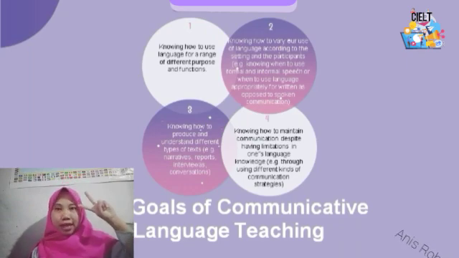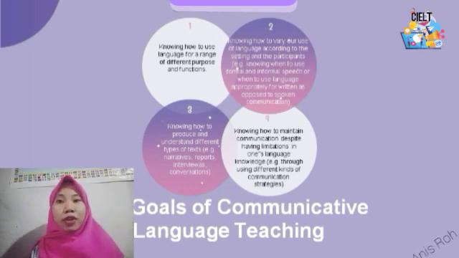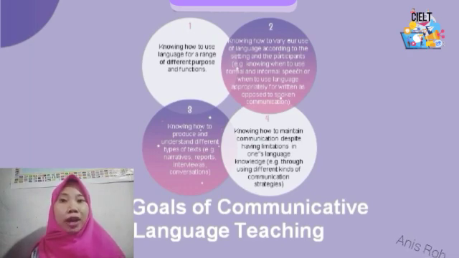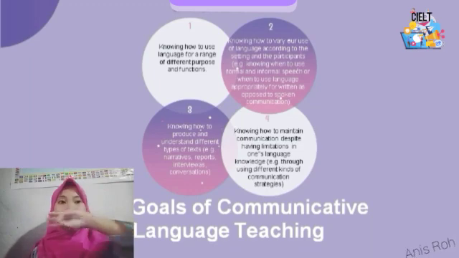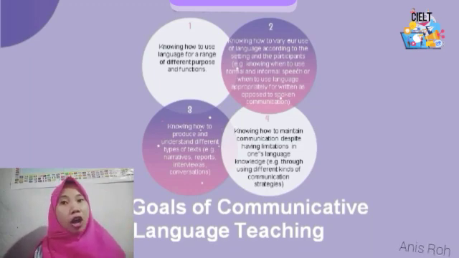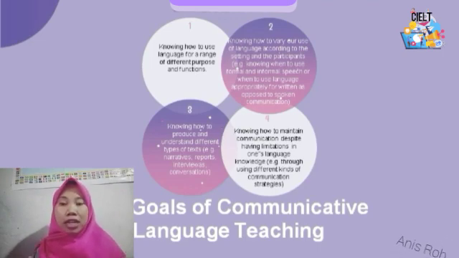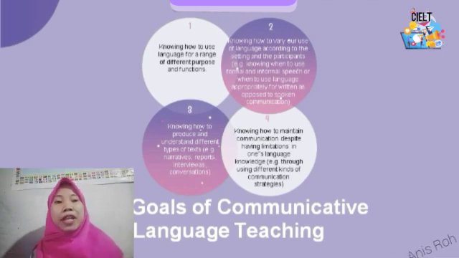The number 2 is knowing how to vary our use of language according to the setting and the participants, the formal or informal speech, or when they use language for writing and so on. The number 3 is knowing how to produce and understand different types of text: narrative, report, interview, and conversation. And the last goal